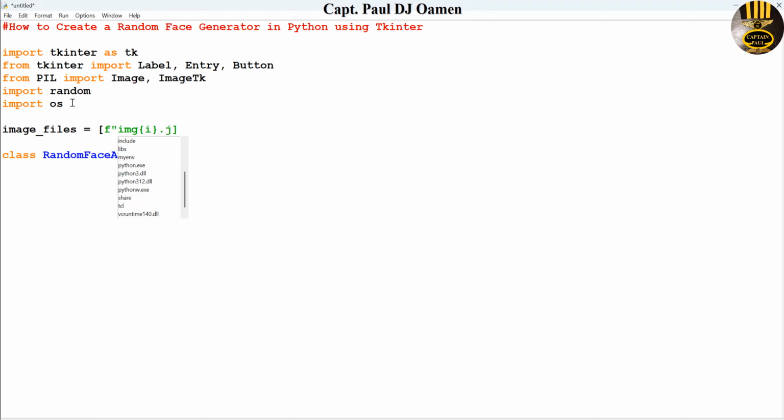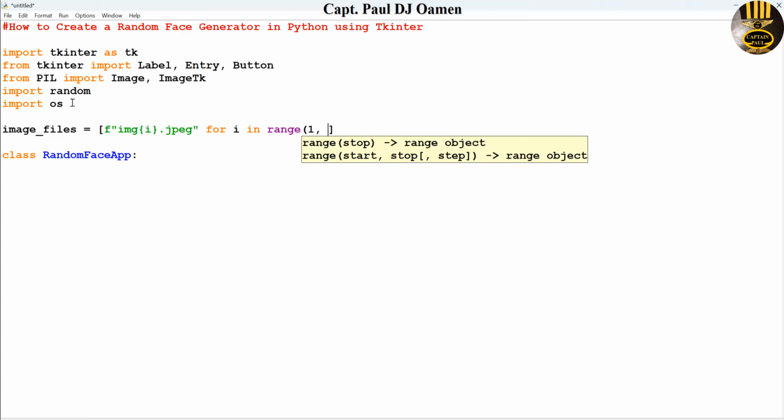Okay, the images I'm using is JPEG. Okay, but if you're using the PNG, you must enter PNG. But in my case, I'm using JPEG. And I will then use a for loop. So let's say for I in the range is going to be 1 to 11 because I only